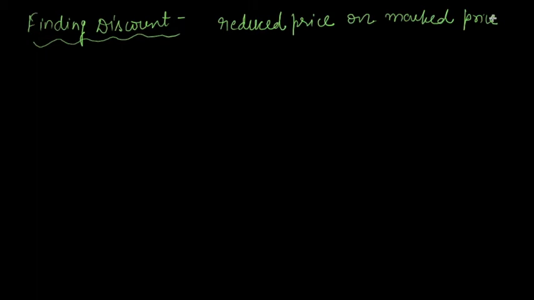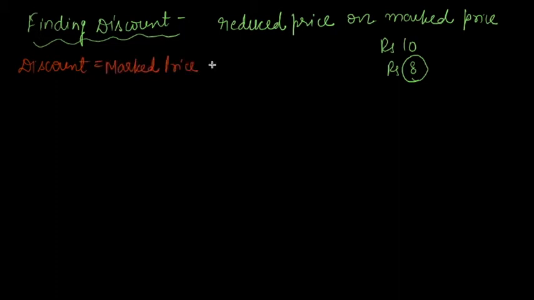Whatever the marked price on any item, if I say that a pen costs 10 rupees and the reduced price of this pen under a discount is 8 rupees, so that's going to be your reduced price. But we will again learn to calculate the discount percent, as we have calculated percentage increase and percentage decrease. So if you want to write the formula, what will be your discount? Discount will be marked price minus sale price. That is how you will get to know: from the marked price on the item, if you subtract the sale price, you will know how much discount you have taken.